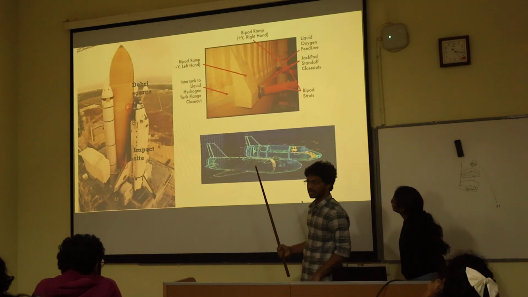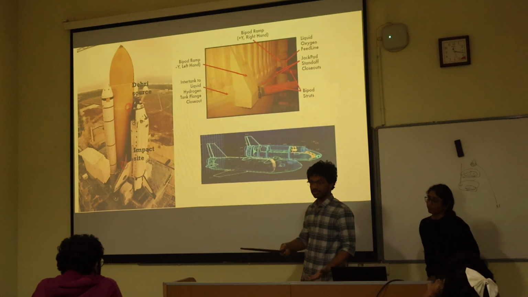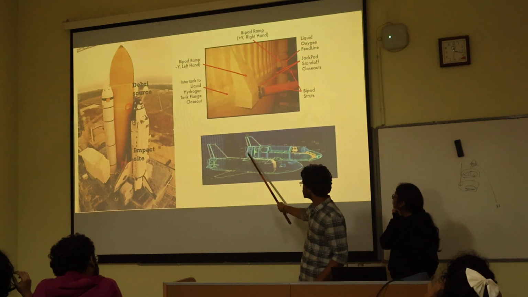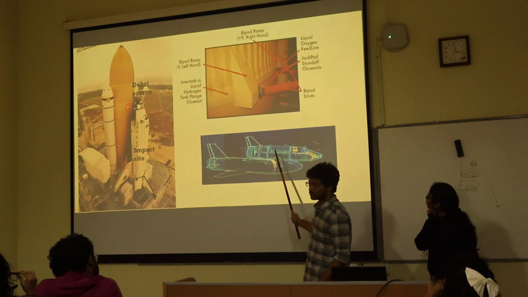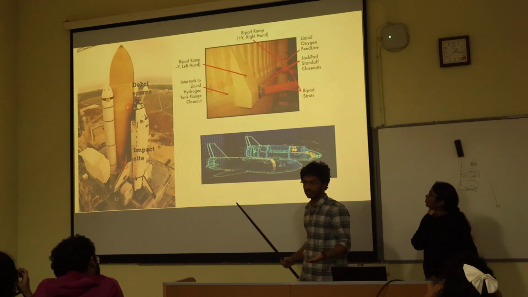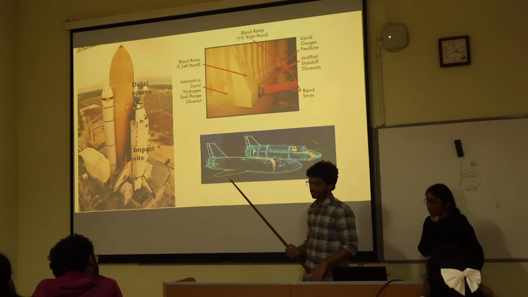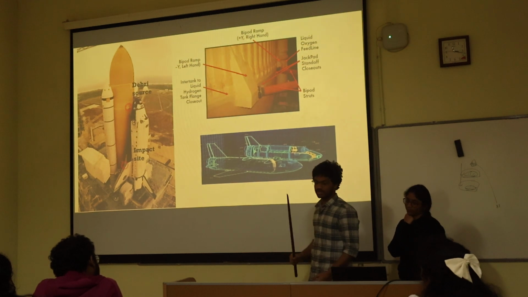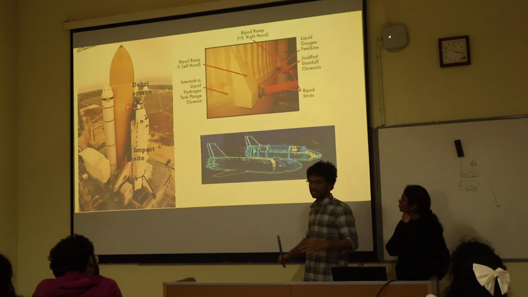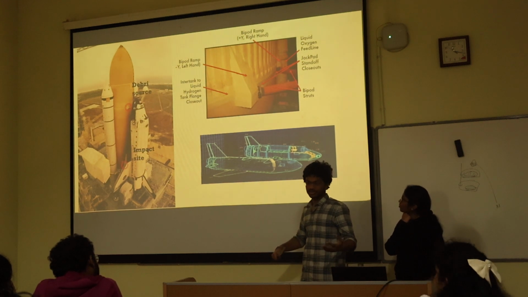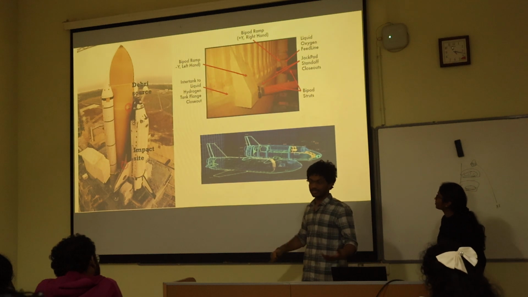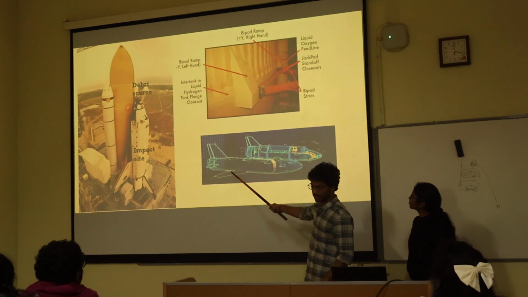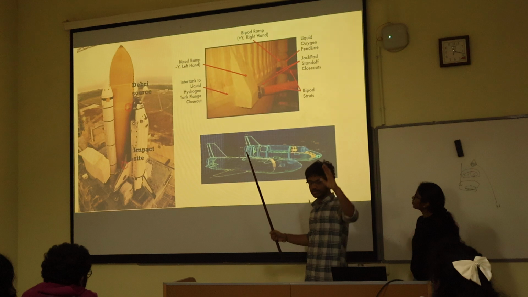Actually, the initial design proposed by NASA, before the Challenger itself, was this. So this is the fuel tank, and this is the space shuttle. But here, the space shuttle is so small, it can accommodate only crew members. But the government didn't provide any budget, so it tied up with the Air Force, and the Air Force demanded that the load capacity should be large enough to include spy satellites, so that they can launch secretly. So if this was the initial design, then there is no chance of foam attacks, and